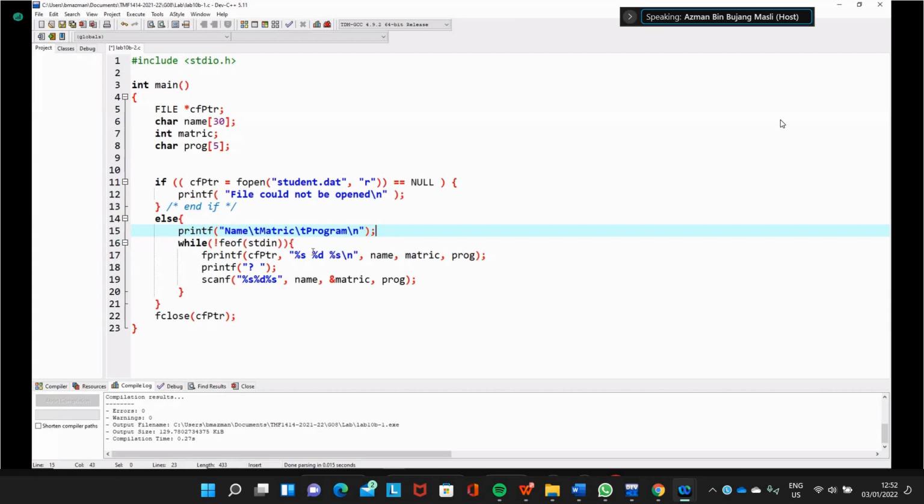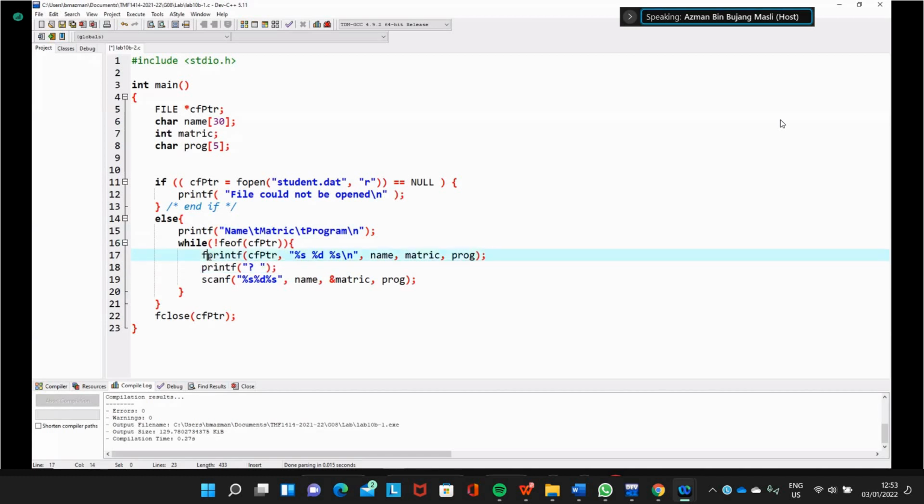So while it's not standard input anymore, because now input comes from the file, we can check the file pointer, cfptr. While the pointer is not end of file, we read the file, cfptr.